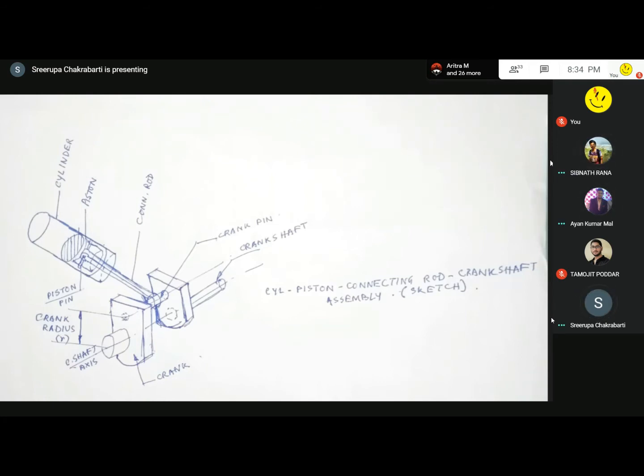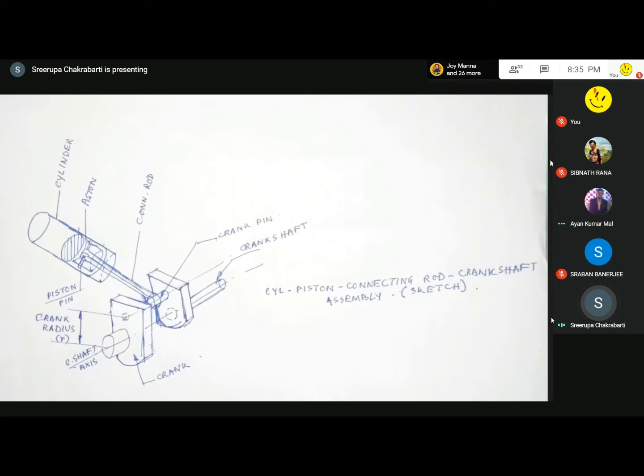So, in this mechanism, what happens? One side is driver, another side is driven. Now, here the driver is the piston, and the driven side is the crankshaft. Now, when the piston moves up and down, the crankshaft will rotate. That is fine. But why will the piston move down and up? That is what I am now trying to tell.